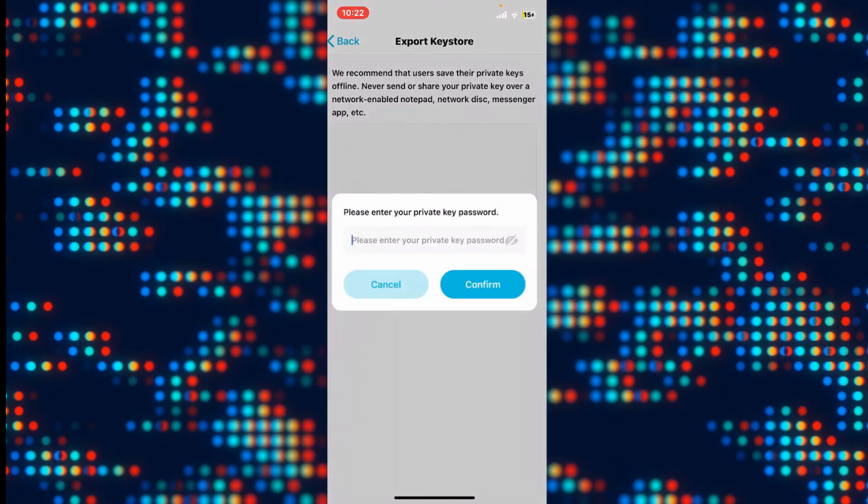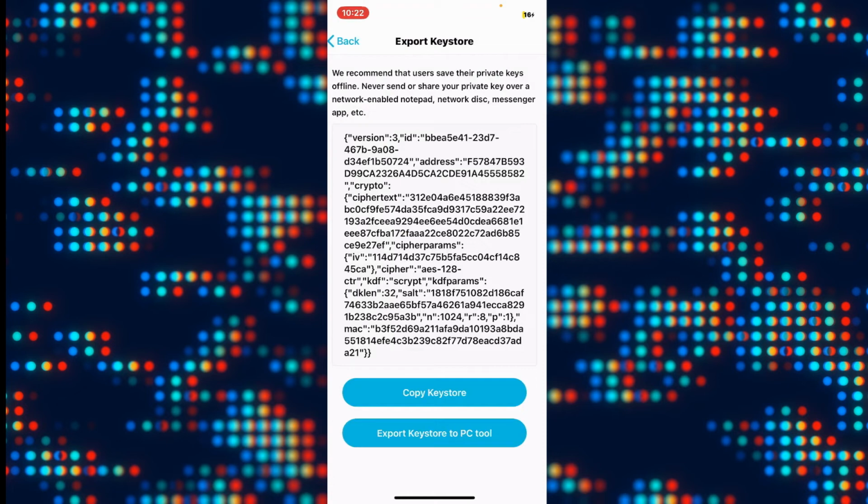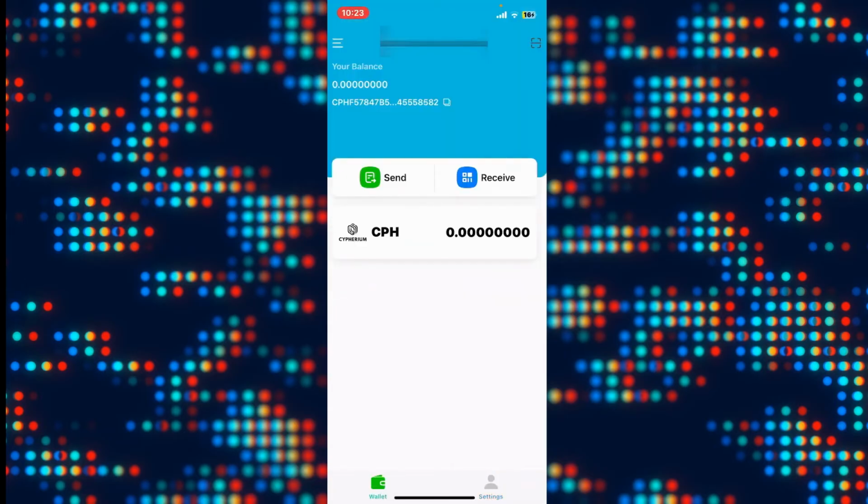Then after typing in your password, you will once again be able to see your key store, from which you can tap on the Copy Key Store option and save it for future use as well. Now after doing both of these, you have made sure that you are able to access your account later on after logging out. Now in order to log out finally, tap on the menu icon at the top left corner